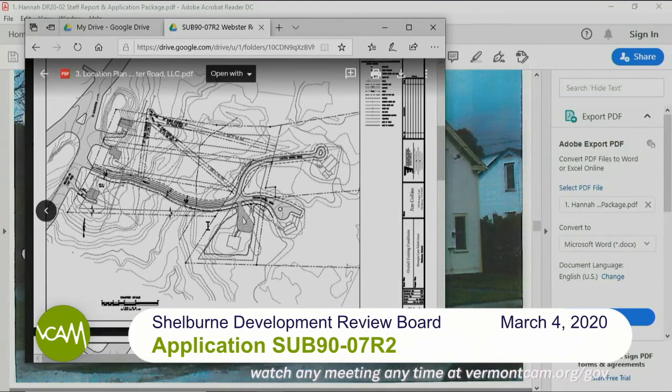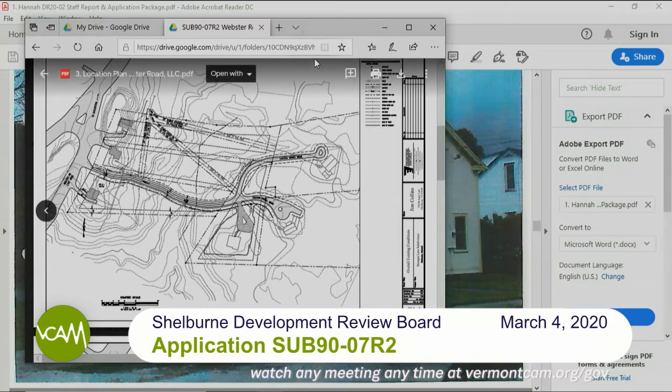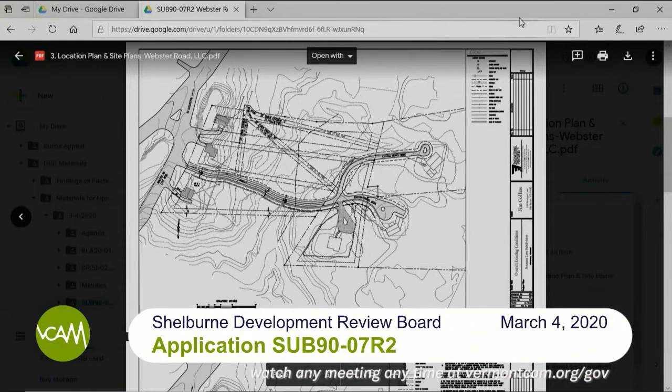So that's a good overall view of the existing parcels as they currently stand. There are 3 that front on Webster Road, and the one in the lower left-hand corner is the one that Beth and Marcus live in now. And there are 3 towards the rear, which are accessed by Borgia Lane. The subject lot is the one in the lower left-hand corner, which is a little over an acre, about 1.25 acres. And if you pan down